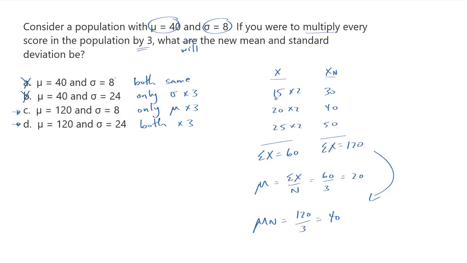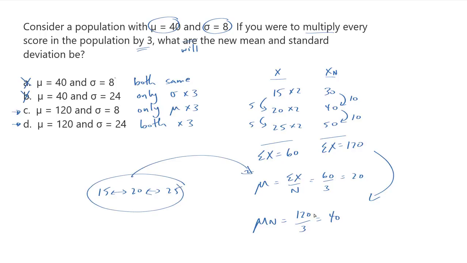I think you can see that for each of these workers, the difference between them is 5. That's a small amount of variation in their hourly wages. After I double everybody's hourly wage, look at the difference now. The difference is 10. So there are larger gaps between their earned amounts. I've taken the scores 15, 20, and 25, where they had a little bit of space between them, and not only have I moved this entire group up, so not only have I made